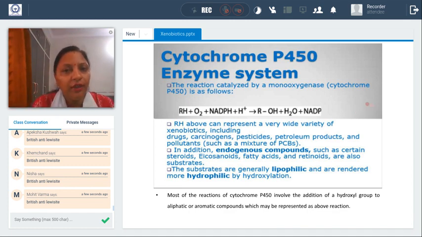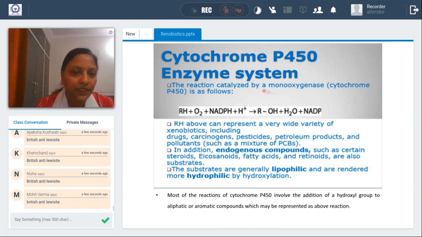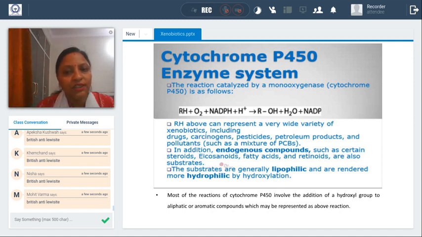So the cytochrome P450 enzyme system: the reaction catalyzed by this monooxygenase, cytochrome P450, is as follows. This is RH, as you all know; by the addition of oxygen you can get ROH plus H2O plus NADP. RH can represent a wide range of xenobiotics, including drugs, carcinogens, pesticides, petroleum products, and pollutants. In addition to these exogenous or foreign substances, endogenous compounds such as certain steroids, eicosanoids, fatty acids, retinoids, and also